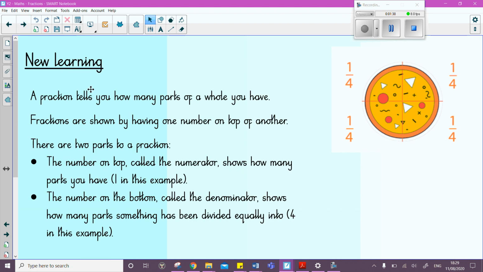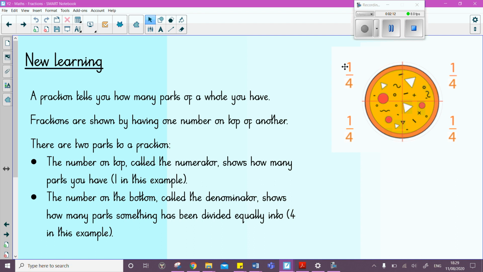So a fraction tells you how many parts of a whole you have, and they are shown by having one number on top of the other. So here is my whole pizza, and we can see it has been shared into 4 equal parts, which means it's been shared into quarters. And there are always 2 parts to a fraction: the number on the top, which is called the numerator,